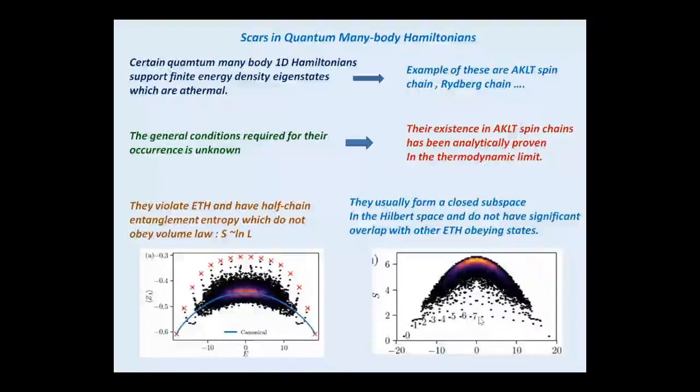Those are the scars. But if you do this for the many body localized phase, all the states are going to show area law. So if you come from the weak disorder to the strong disorder limit, initially you are going to have a thermal band where you have volume law entanglement, but then everything is going to become area law. That way you can distinguish where you have entered the many body localized phase. Okay, thank you, sir. Okay.